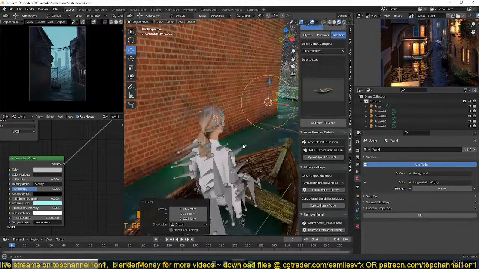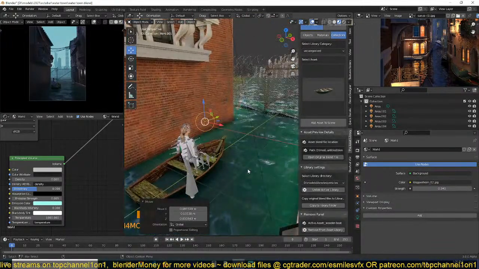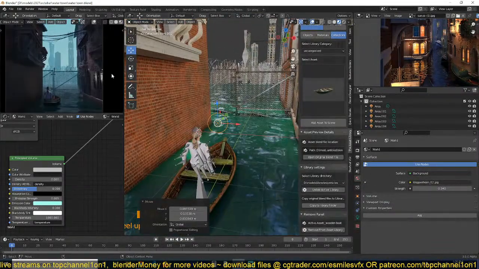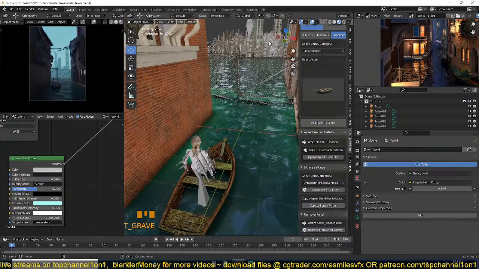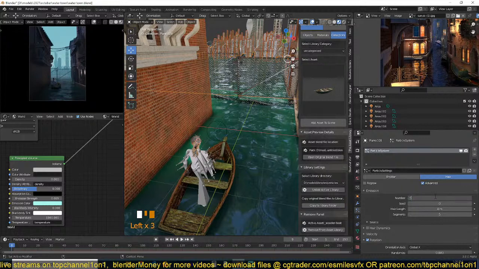Just want to have a light somewhere there, just to capture her silhouette a bit better. Maybe also let me make these buildings a bit taller, and I think we have a lot of particles, so